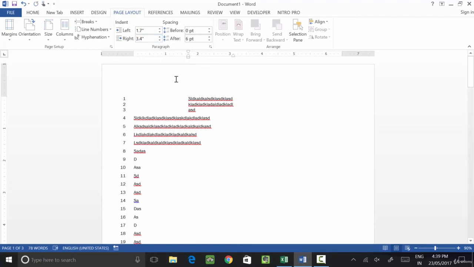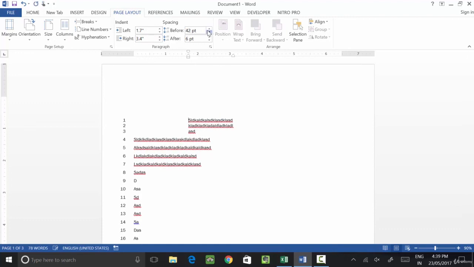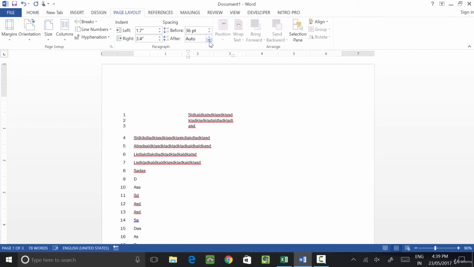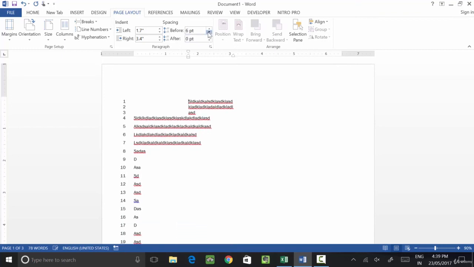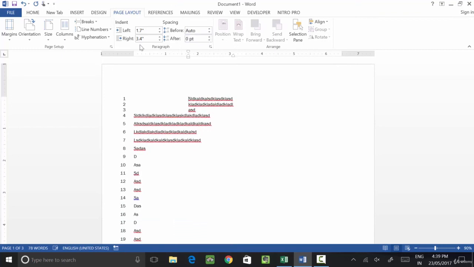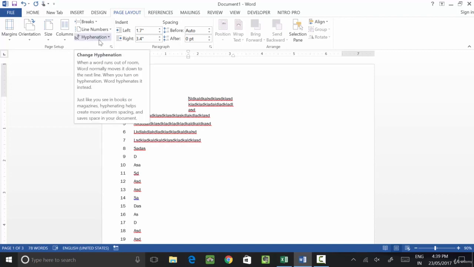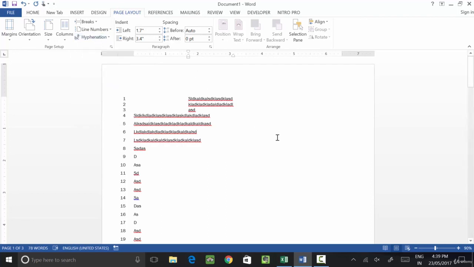Now if you want up and down, you have before and after; you can shift it down, and from here you can shift it up. Is it clear? So these are the four spaces you can use. Is it clear? Okay, this is called paragraph spacing. Hypermention I will tell you when we complete our reference tab, then I will tell you this option. Okay, clear? Clear or not?